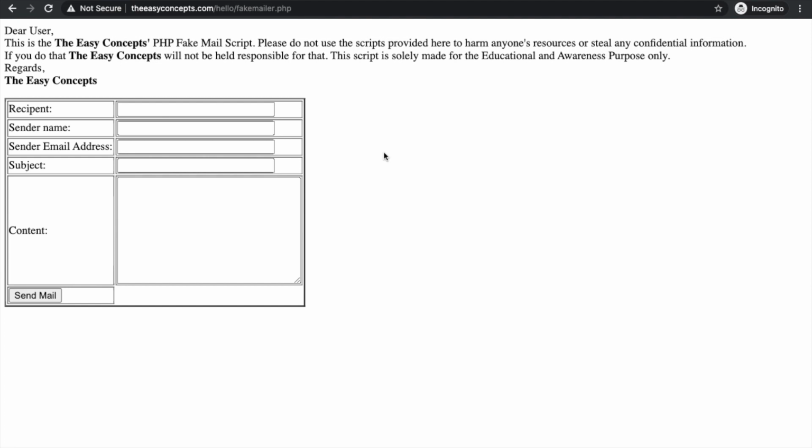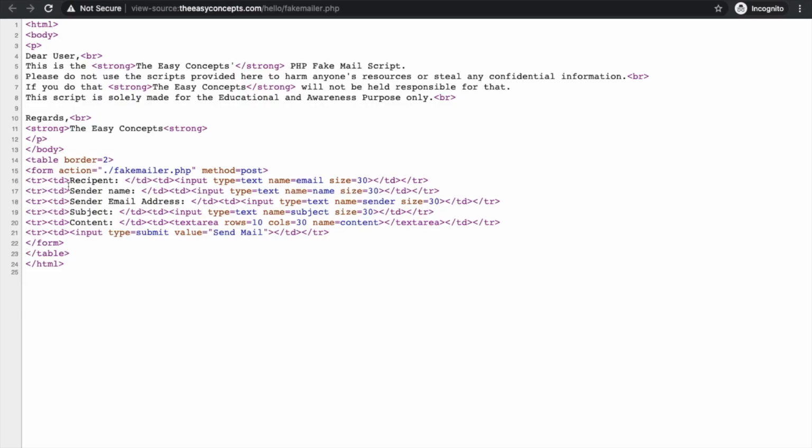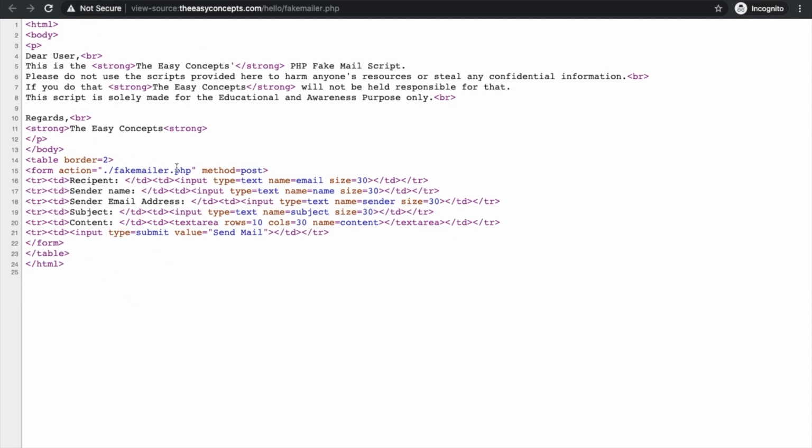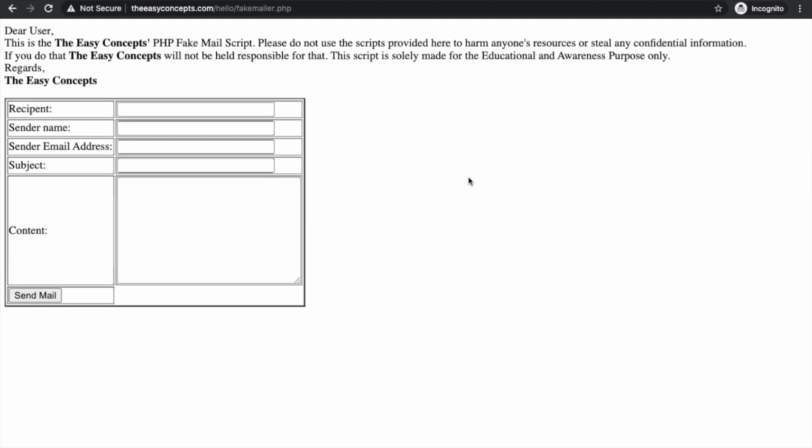If you want to see the HTML part of this page, you can go to view page source and see everything here. But this is not about the PHP part. The PHP part is hidden and will not be shown here. So I am closing this out. Now just see this box, and here if you want to add recipients, I am adding my email ID, and it is asking me for the subject. So I am writing fake mail here, and you can write anything you want.